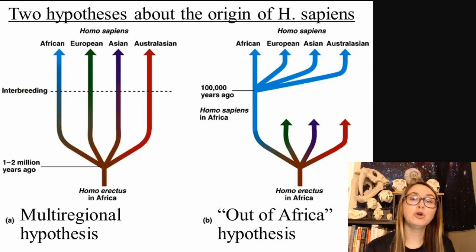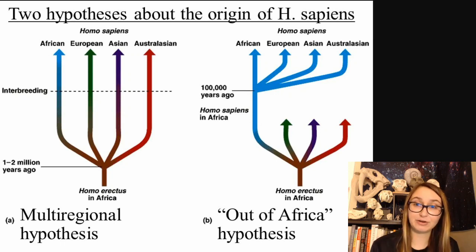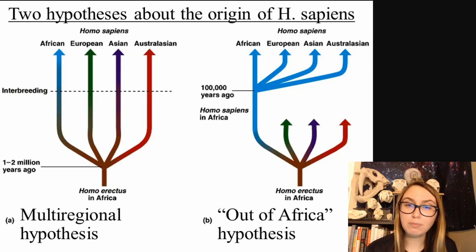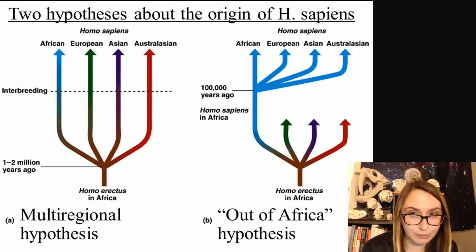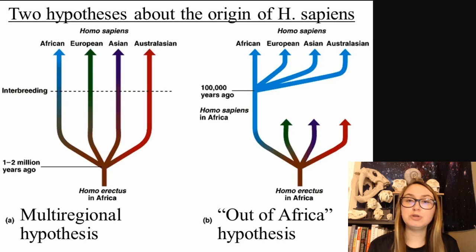So the truth of the matter is, you look at this and you're like, okay, out of Africa seems more reasonable, but a modern version of the multi-regional hypothesis has come to light. And Chris Stringer, the out of Africa guy who was going toe-to-toe with Wolpoff and who's being authority quoted here, would call this a modern, weak version of the multi-regional hypothesis, which basically takes the out of Africa stance, but does so twice. So it would say that Homo erectus leaves Africa, settles in a bunch of different places 1 to 2 million years ago, and that Homo sapiens does the same thing much more recently. So 100,000 years ago to 70,000 years ago, just like out of Africa, right?